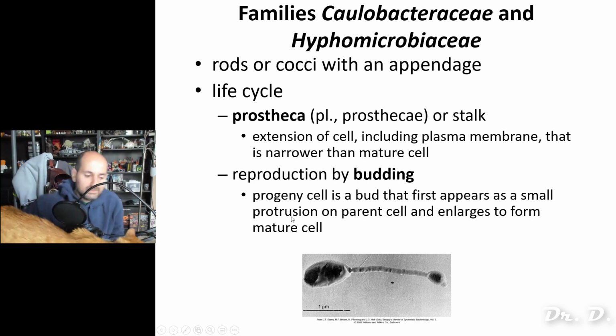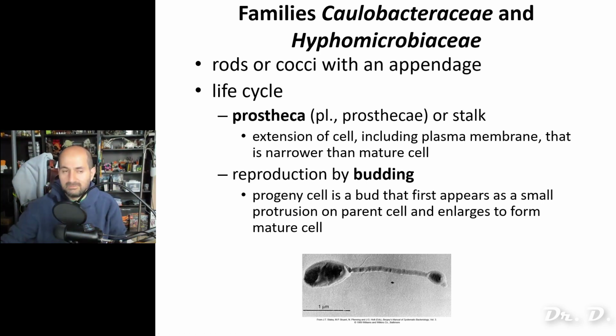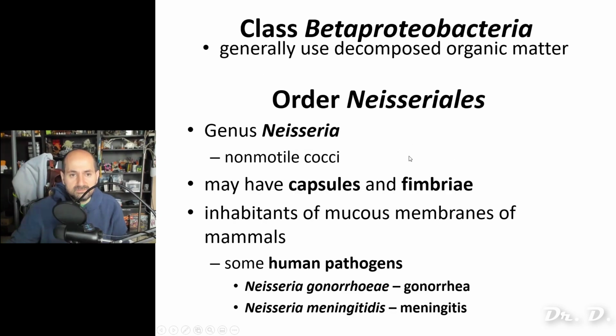Here's another family member of alpha Proteobacteria. This family is called the Caulobacteraceae and the Hyphomicrobiaceae. I know these are tongue twisters. These are marked by the presence of a prostheca. A prostheca is a stalk that allows these